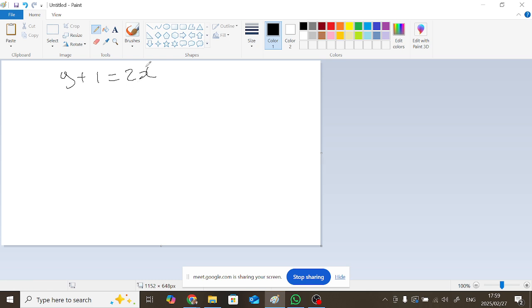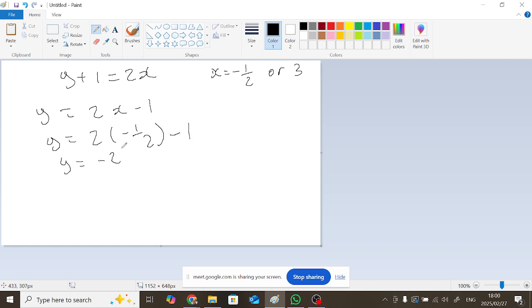Our x values were negative half or 3, so we can substitute it in. y is going to be equal to 2x minus 1. So y is equal to 2 times negative half minus 1, and y is equal to negative 2,